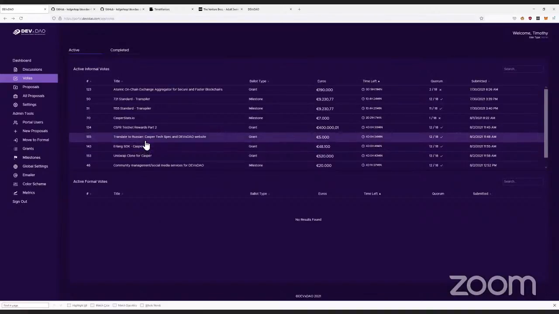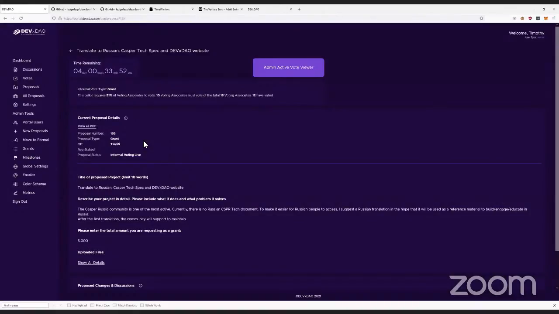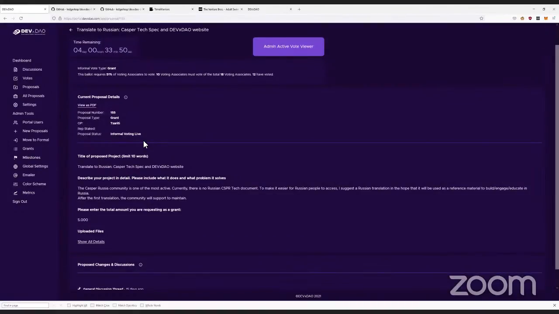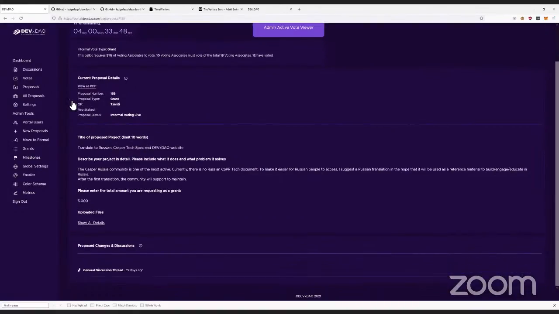Beyond that, we also have the translation efforts continuing to go forward. We have a Russian translation coming this time. The Russian community for both the DevExDAO and Casper is absolutely gigantic.